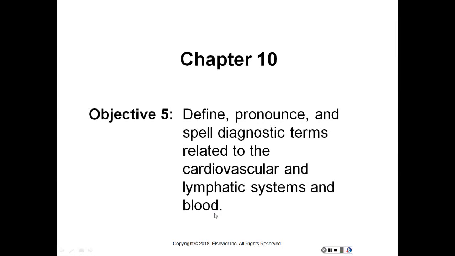Continuing with Objective 5, now we're going to define, pronounce, and spell diagnostic terms related to the cardiovascular and lymphatic systems and blood. So first, of course, we're going to start with the terms built from word parts. So starting with the cardiovascular system, angiography, radiographic imaging of blood vessels, angioscope, the instrument used for visual examination of